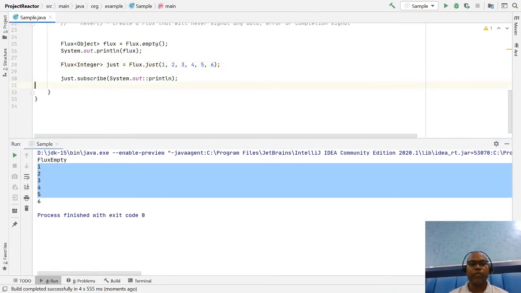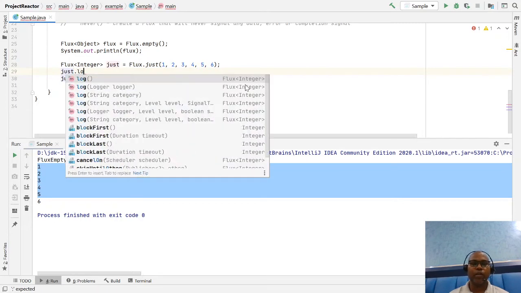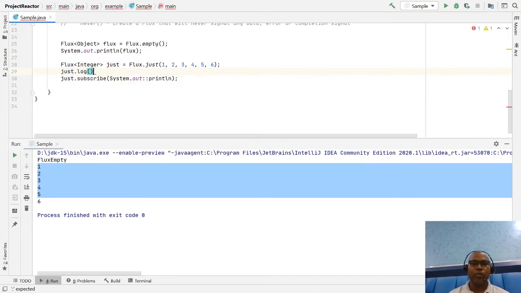If you want to see the details, as per the API specification, of how the publisher communicates with the subscriber, there is a very useful method called log. On any flux you can apply log. Whenever you apply log,